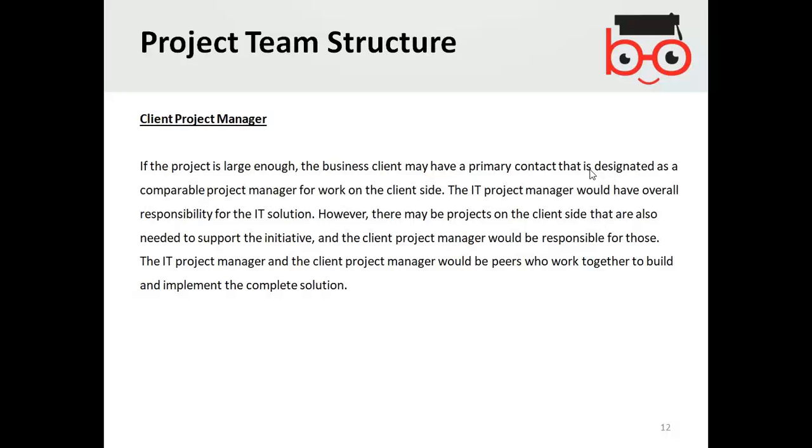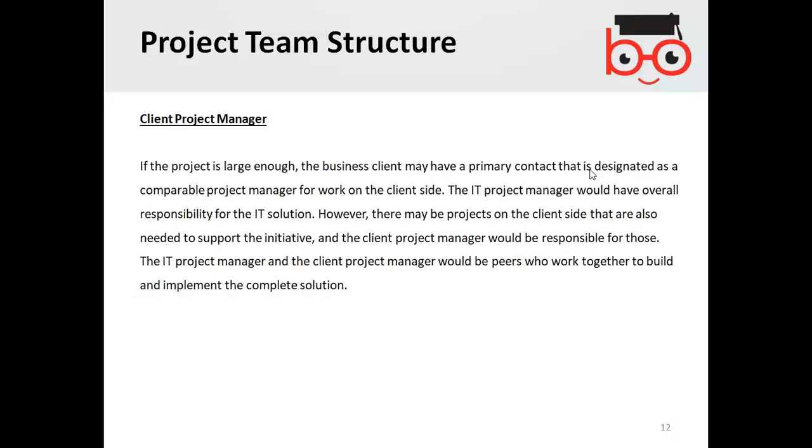The client-side project manager is not part of the development team, but is part of the client's project management side, which provides support to the clients on behalf of the development team, and they directly